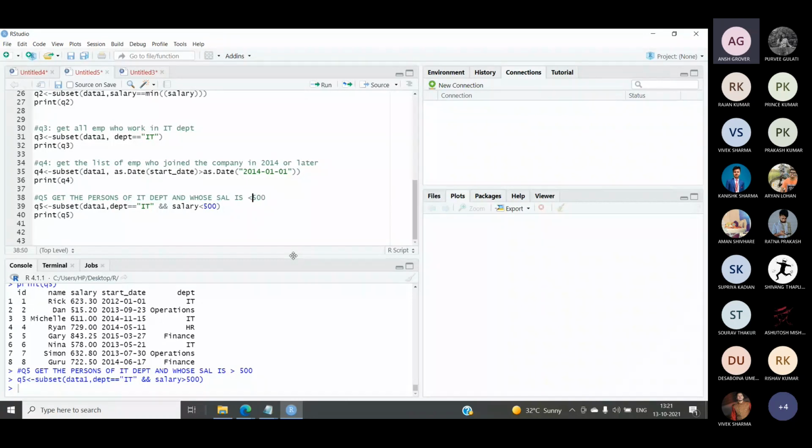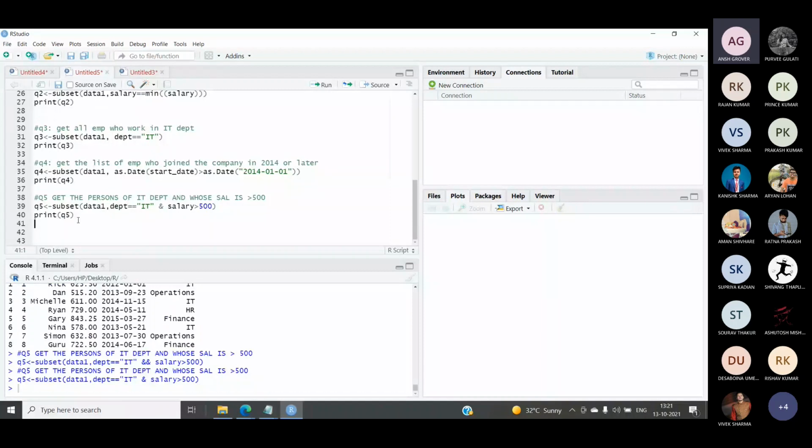So here we are checking for greater than itself. And in this case, what we are doing, we are saying where salary is greater than 500, this is the condition, and we have to use it a single time. By mistake we have written it 2 times.